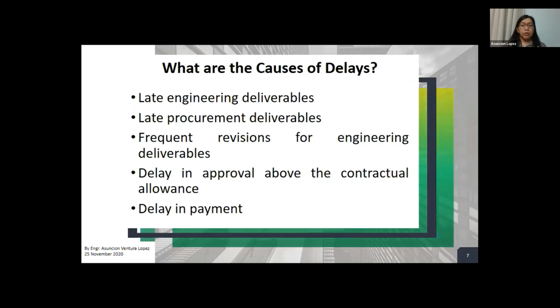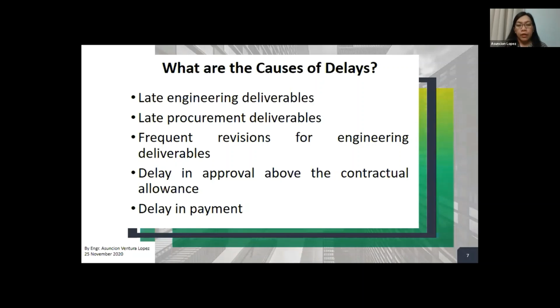There might be a delay in the delivery of engineering information or other design information. So that is an opportunity for an extension of time.